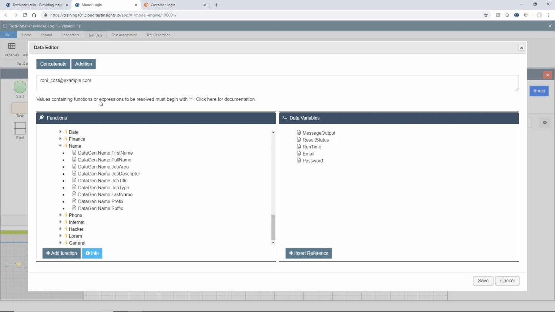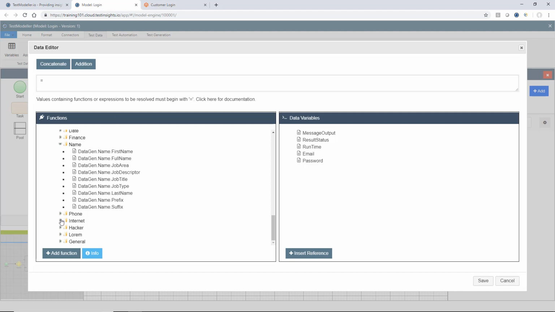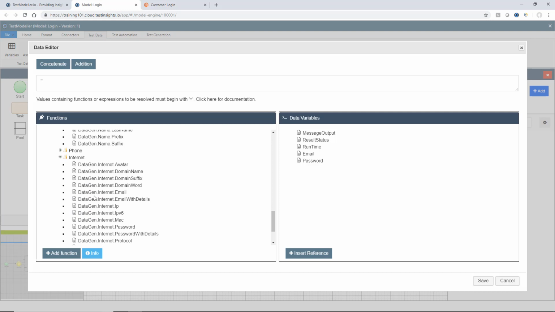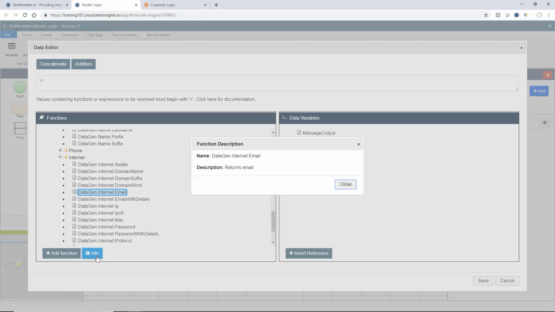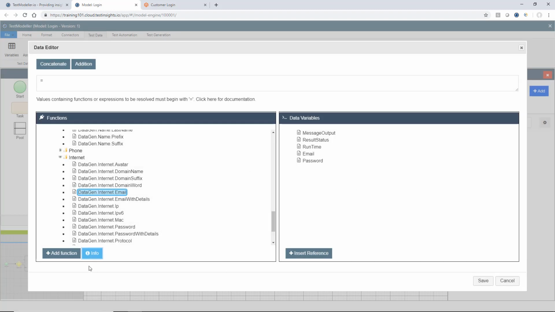Now, what we're going to do in here is replace this value with a synthetic email address. To do that, I'm going to firstly delete the static value we had in here before. I'm going to type the equals button, and then go through my functions list here and open up Internet. And what you'll see inside here is there's a function to generate email addresses. If I click on that function, click information, you'll see that this function returns an email. So I'll add this function in here by clicking add, and we'll see that that has now been added to